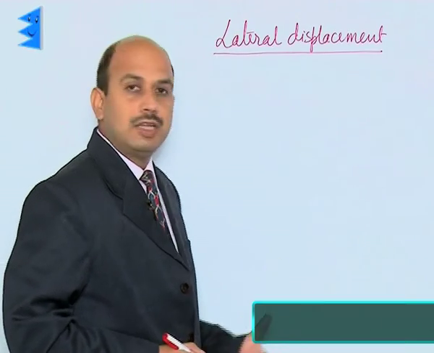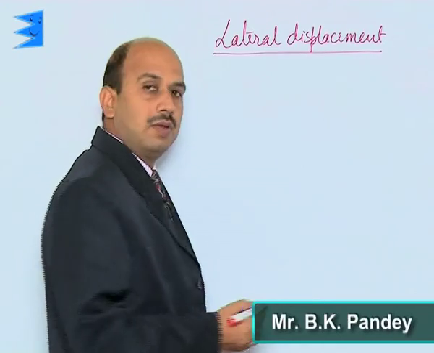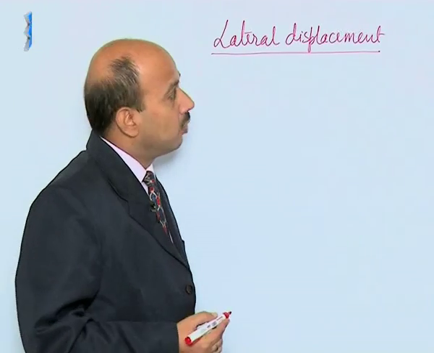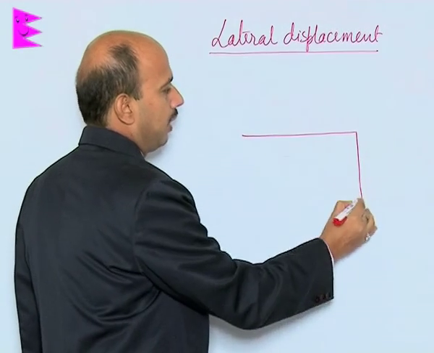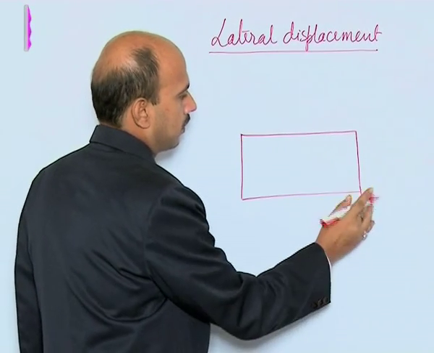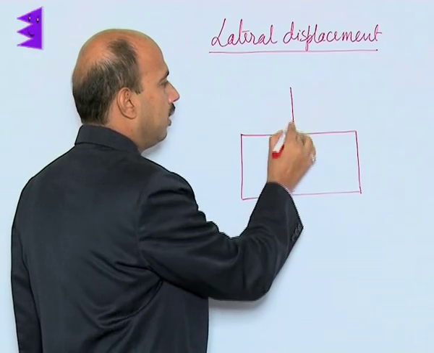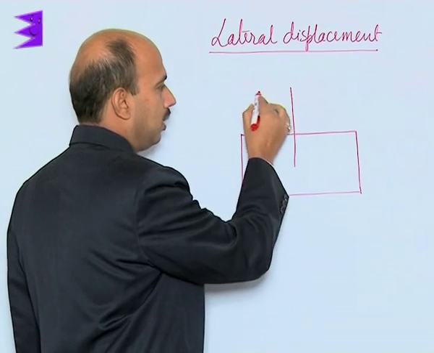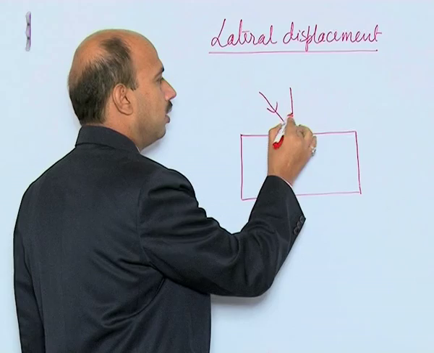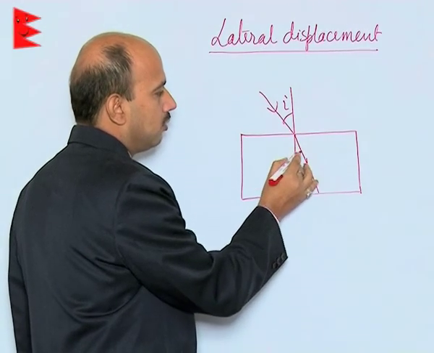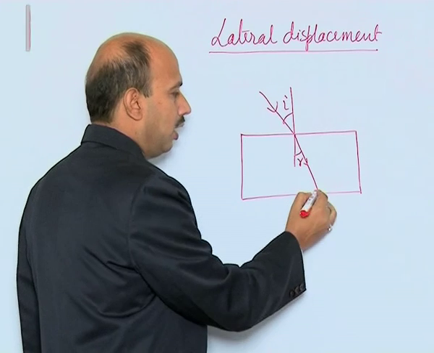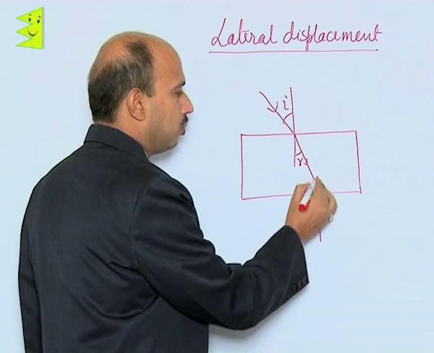So, now see lateral displacement. Again we will come back to the refraction of light through a glass slab. Suppose we have taken the glass slab in this way here, and here this is a normal and this is the angle of incidence. The ray refracts and comes here, this is the angle of refraction r, and again we draw a normal at this point,